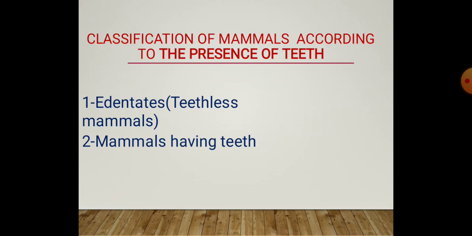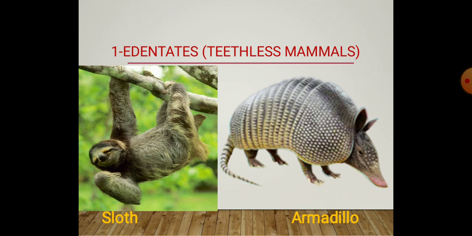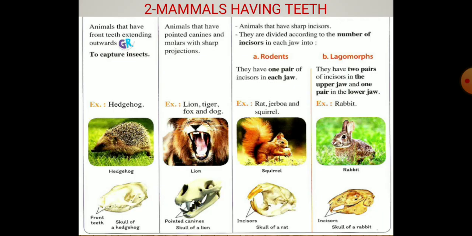Third, classification of mammals according to the presence of teeth. First, toothless mammals, such as sloth and armadillo. Number 2, mammals having teeth. They are divided according to the shape, the kind, and the number of teeth into: first, animals